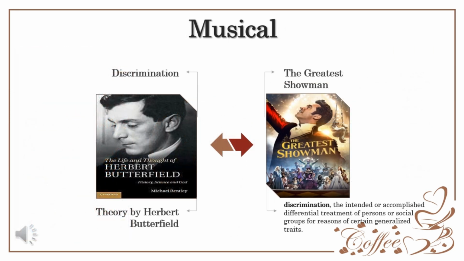A musical is a type of drama that features songs and dance numbers. I utilize the film The Greatest Showman, with an issue about discrimination theory by Herbert Butterfield. Discrimination is the intended or accomplished differential treatment of persons or social groups for reasons of certain generalized traits. The targets of discrimination are often minorities, but they may also be majorities, as black people were under apartheid in